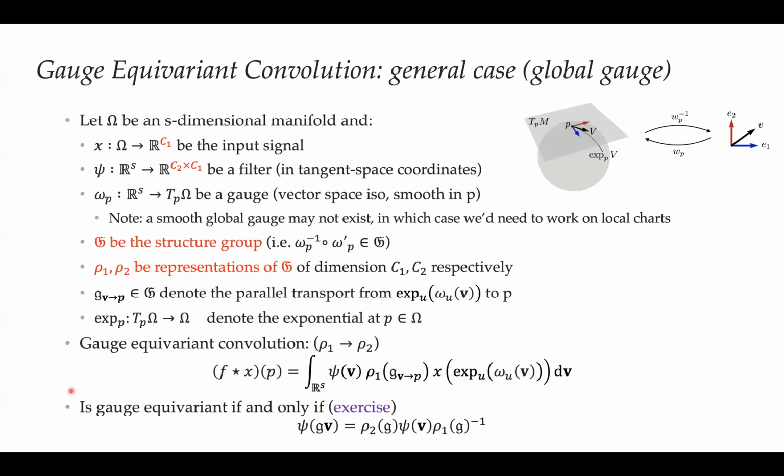And you can see that this operation is gauge equivariant if and only if the following equation holds. And this is an equation you might recognize from earlier lectures, where we also saw basically exactly the same thing appear for group equivariant convolutional nets. And you can also see that this equation specializes to the one that we saw on the previous slide for the trivial representations, where rho 2 of g and rho 1 of g equal 1 for every g.